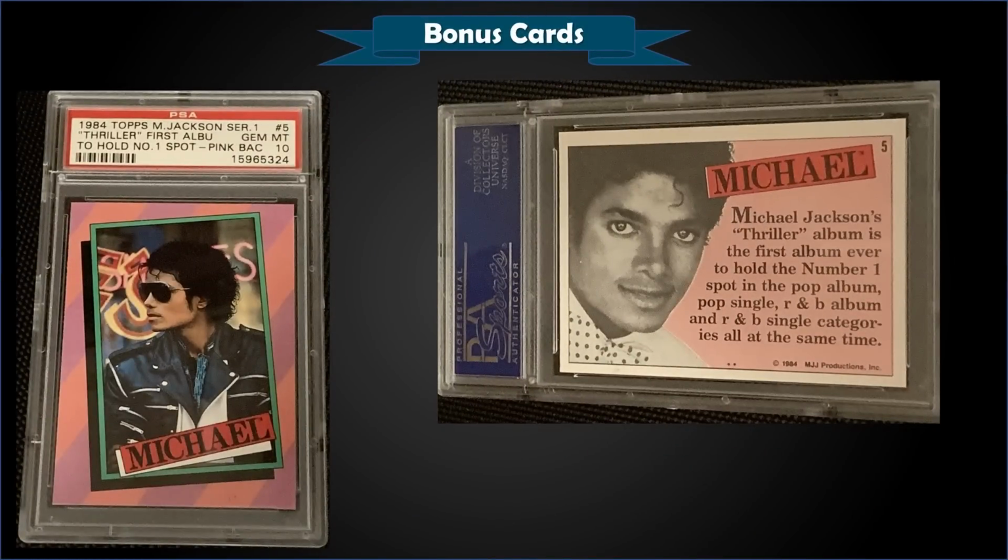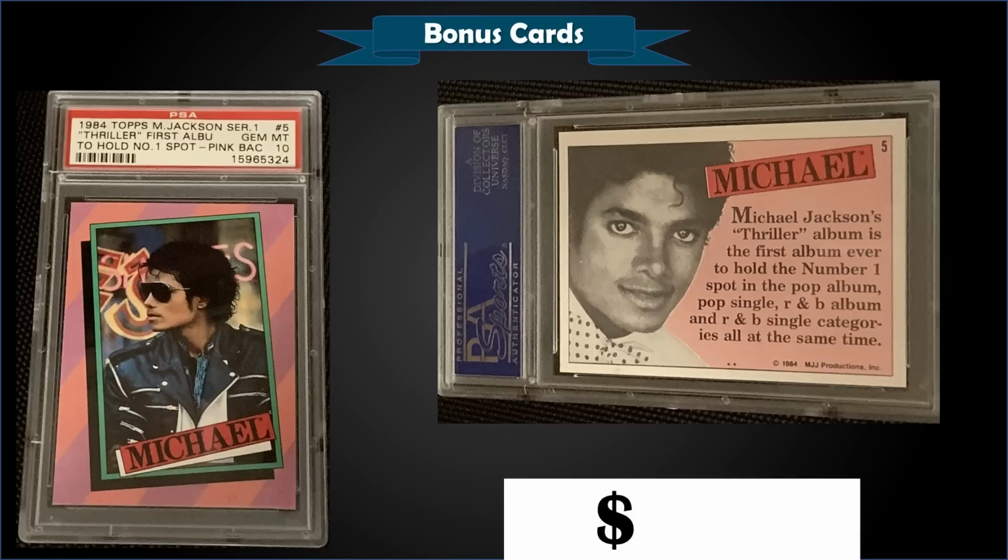From 1984, Topps Michael Jackson Series 1, we have the Thriller album, graded gem PSA 10. That was a best offer sale for $380. And a gem mint slab, it's a pop 1. That's the first sale on record we have for this card. Pretty neat to read the back here. Thriller, first album to hold #1 spot for a pop album, pop single, R&B album, and R&B single categories all